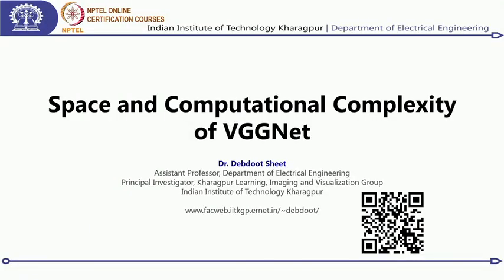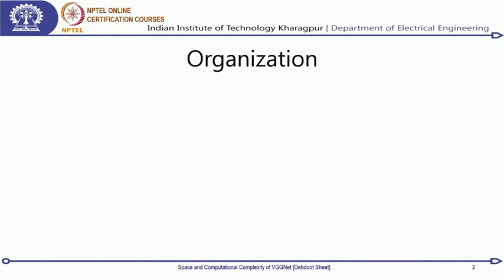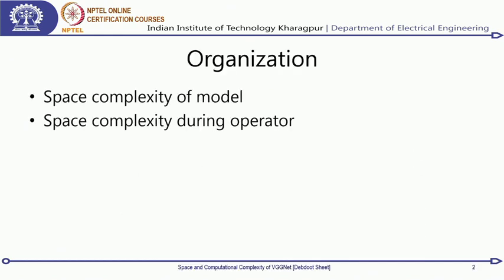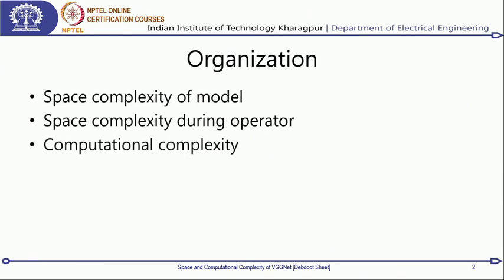So, without waiting for much, this is how the whole thing is organized. First, we are going to look into the space complexity of a model, then the space complexity during the operation, or for that operator as it keeps going, and then the computational complexity as these operators operate on a given input. So, these are the three different aspects into which we divide, and to keep it simple, because a network like VGGNet is quite big,